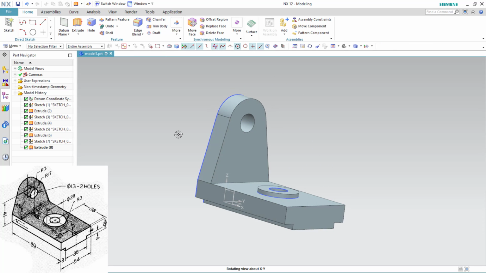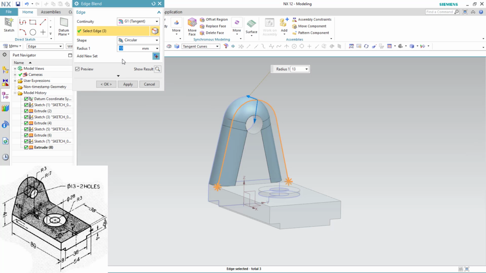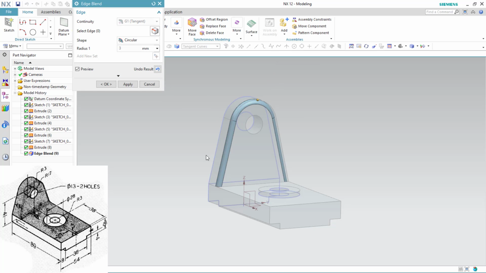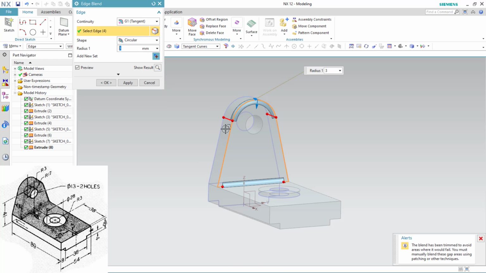That's all. So you just need to apply the fillets now. So I can go with the edge blend. Value is 3. Just select this and this. I don't want that. You can undo things. So first what you can do is